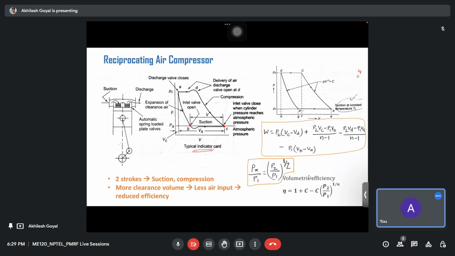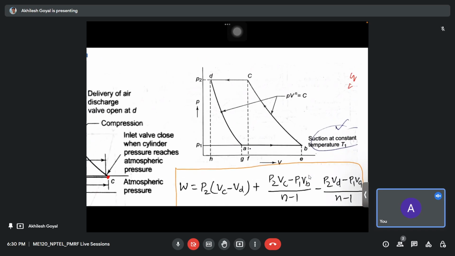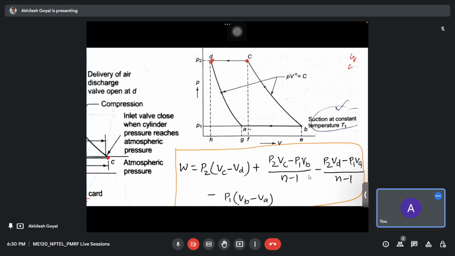can calculate that by this formula: W is equal to P2 (Vc minus Vd). So, at constant pressure P2, the volume changes from C to D, so work is done in that, plus the adiabatic work, where PV raised to power n is equal to constant. So the adiabatic work done from point B to C, that component